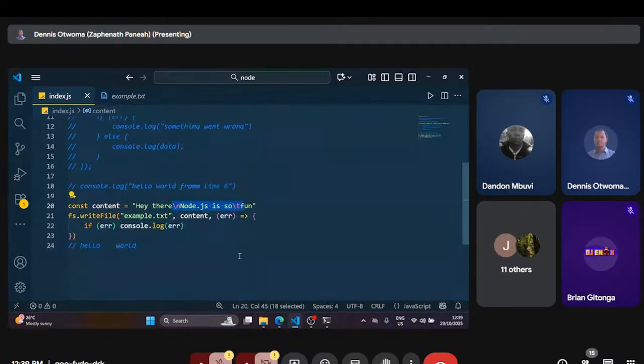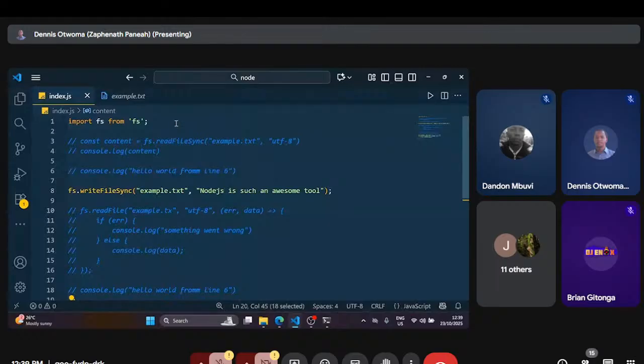So the reason why we're going through all of those fs and whatever modules is that I wanted to show you guys that Node.js has its own modules, which you can use to serve our own purposes. And this is how we load them. We import whatever module by the name of that particular module. And